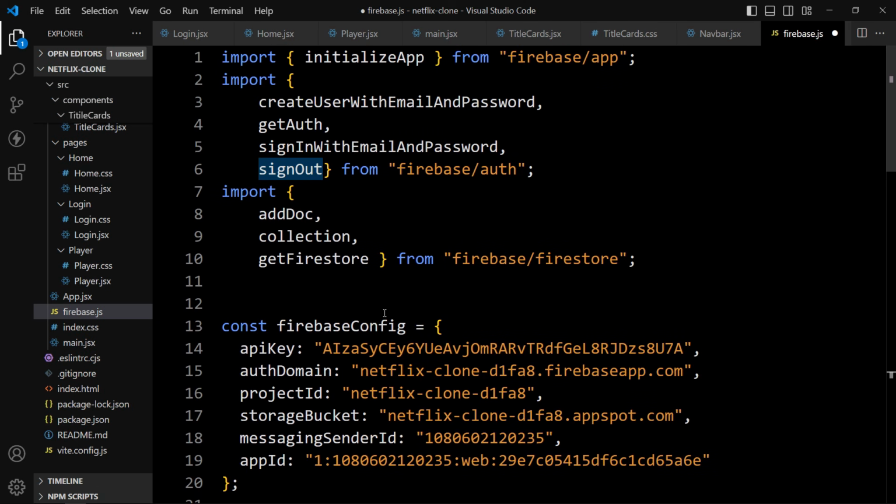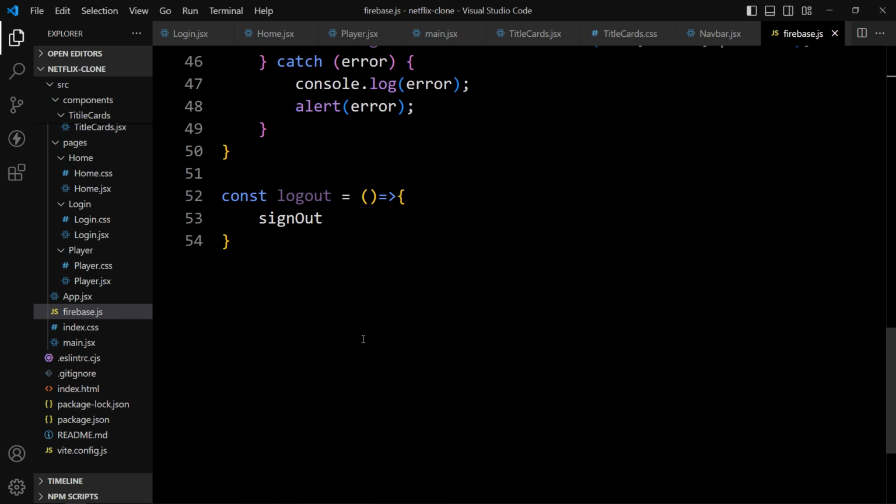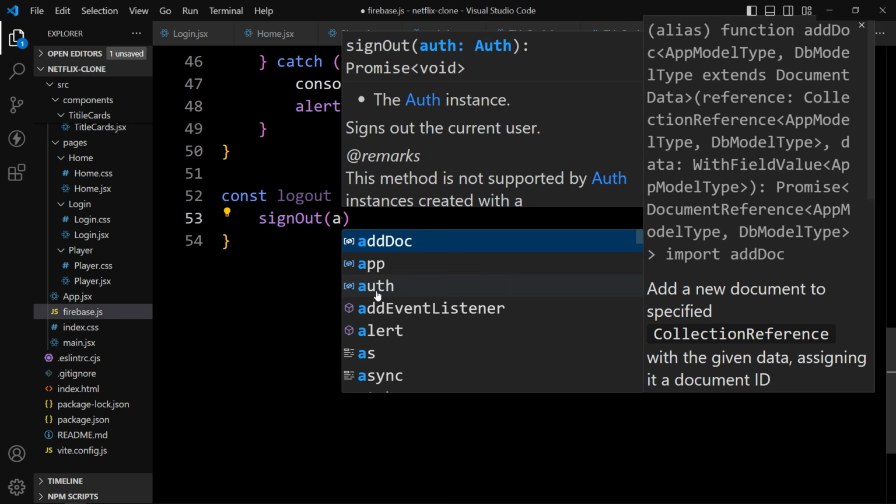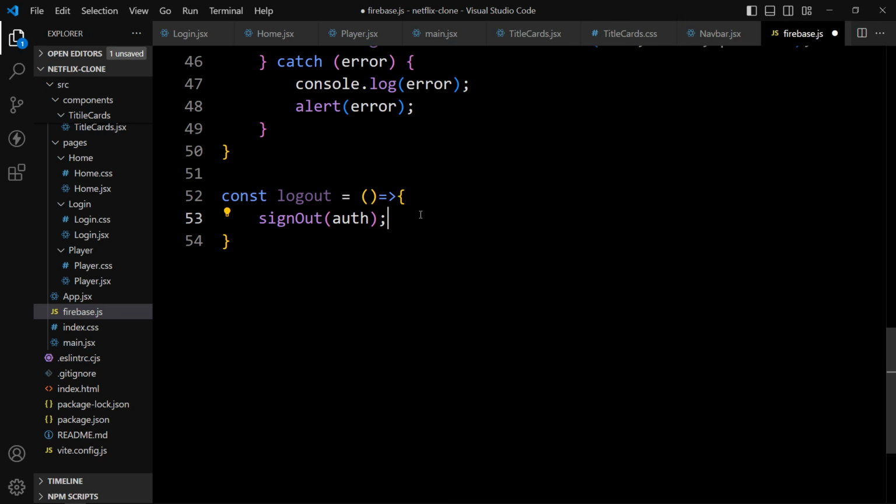You can see this sign out has been imported from this Firebase auth package. So we are using this sign out, and here we have to provide auth. That's it. So whenever we execute this logout function, user will be logged out from the website.